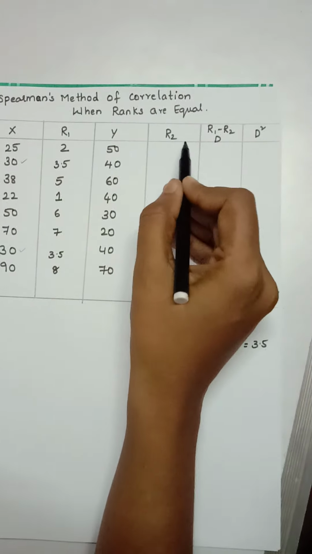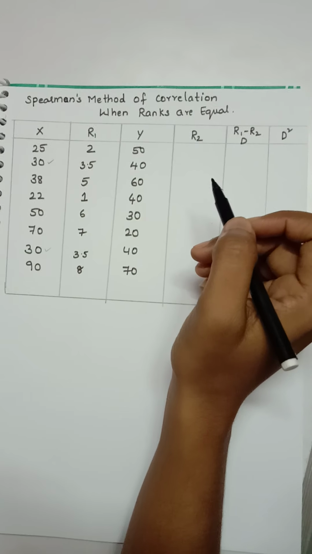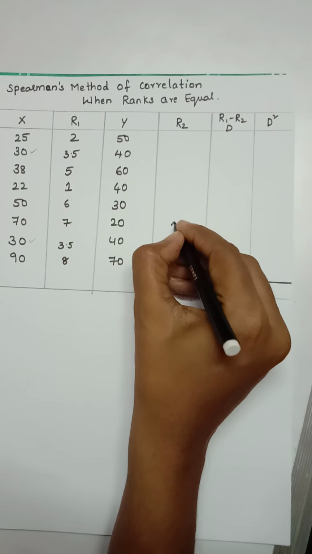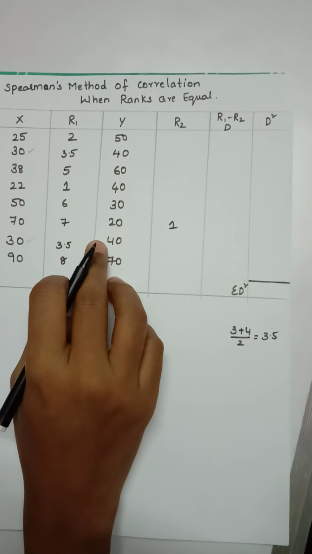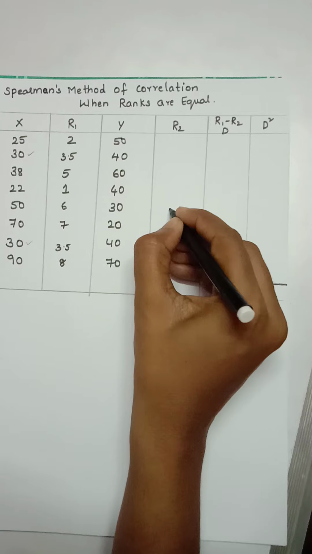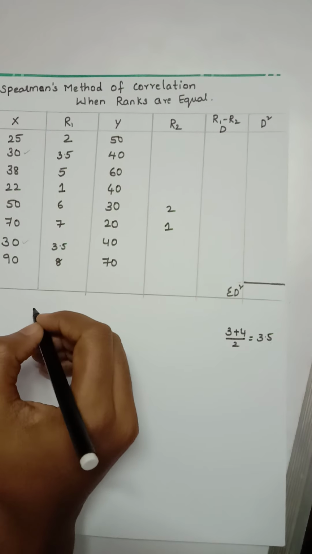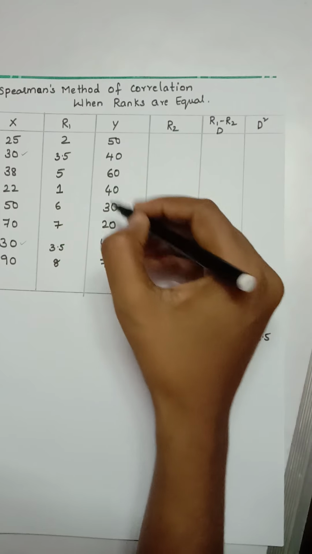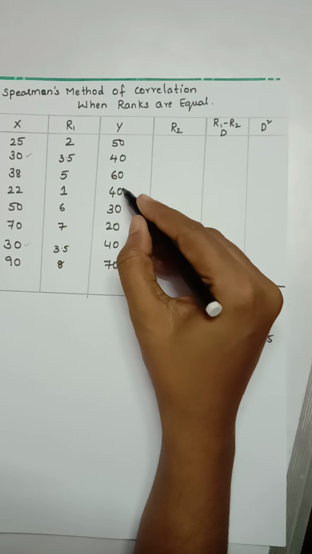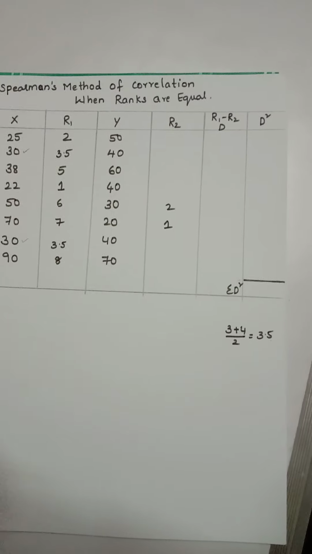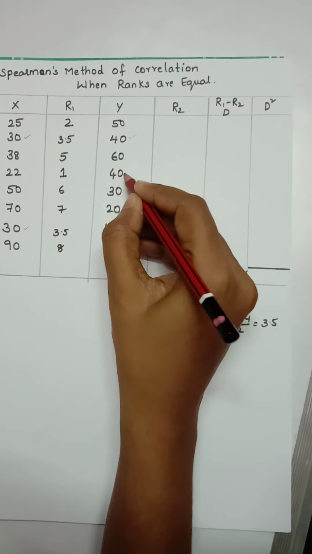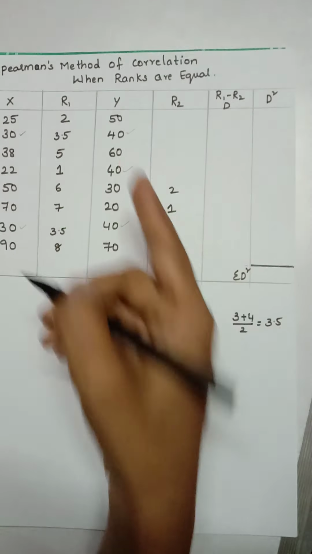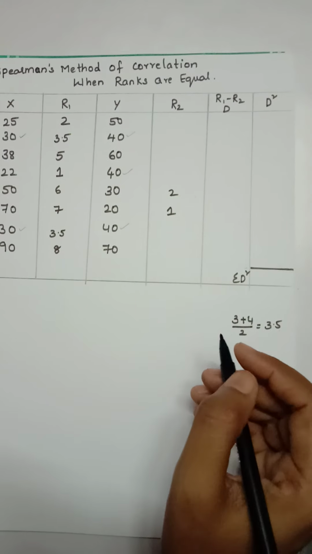Next we will go to rank 2. So rank 2 is nothing but the least number, here the 21 is the first one. Next least number is 30. Next least number is 40. See 40, how many 40s are there? 1, 2, 3. So here three 40s are there. So there is a repetition of the number three times.